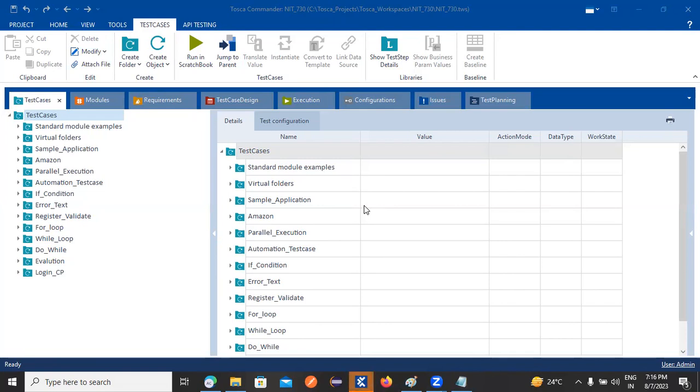Yesterday, we discussed TCP, test configuration parameter, and expression. The expression is the pending and test configuration. What is the test configuration? If you want to store any data, we are able to store it at global level. See, for example,